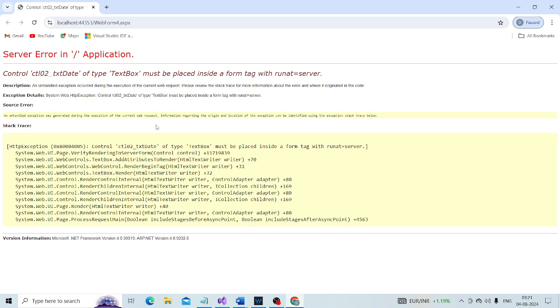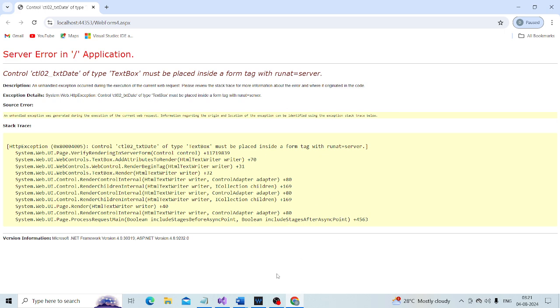Look at this, it says control txtDate of type TextBox must be placed inside a form tag with runat equal server. Now look at what is happening.